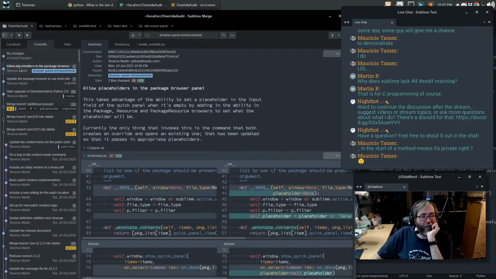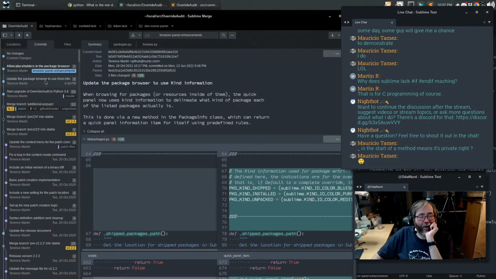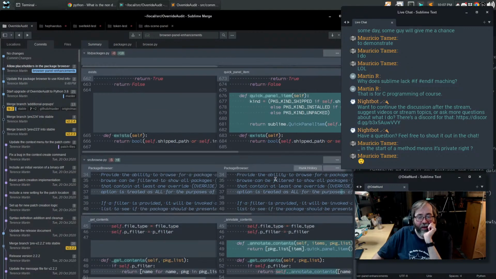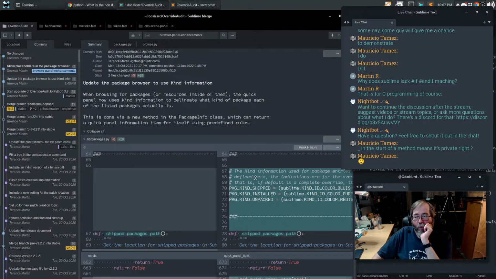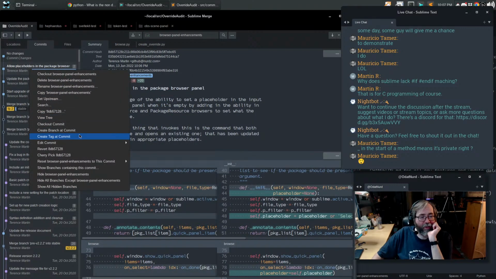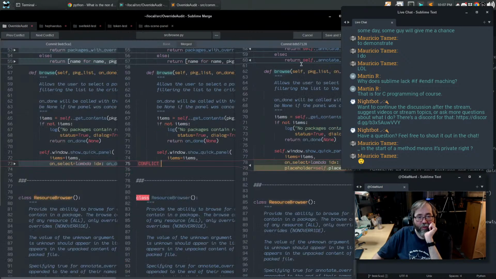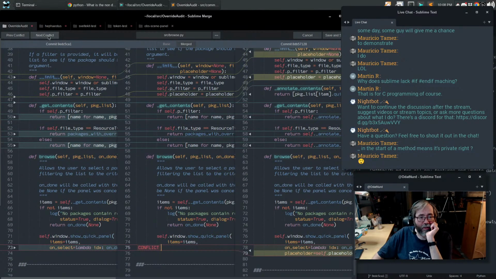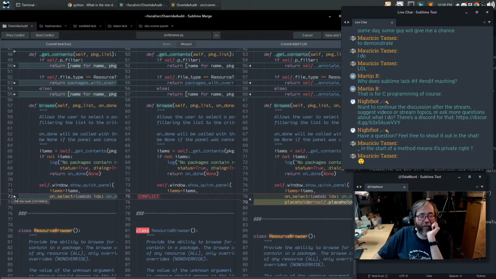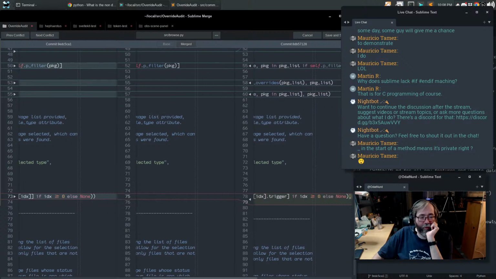Let's verify this. The commit that we're moving just has placeholders. The one that comes before it is the one that adds kind information. So what we're doing here is taking away anything that might be using kind information. If we edit this commit and move it down in the history, then when we resolve this, we want essentially the placeholders, but with that part of the line is really the deal here. So because there is no trigger,